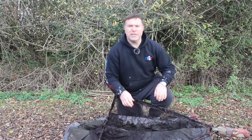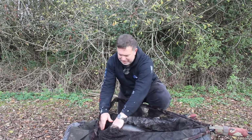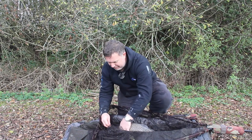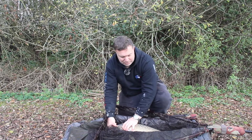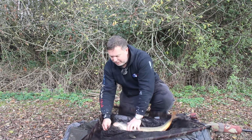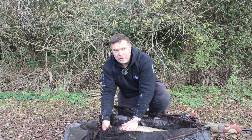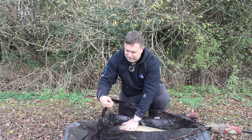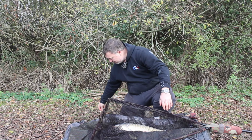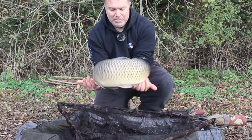Well, I'd literally just finished speaking to the camera, and right hand rod down by the bush again has got off, and I've caught the biggest one so far. I'm not going to weigh him, but it's about 13 pound, which is getting better. I've still got a little while to go, so hopefully I've still got time to get a decent one, and I've still got time to get a mirror,